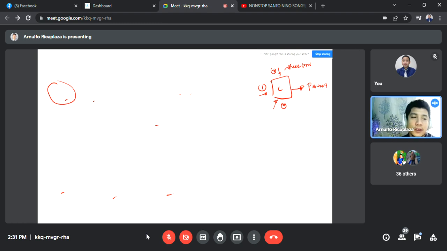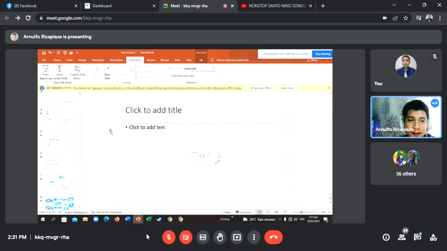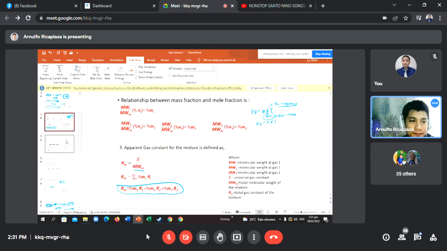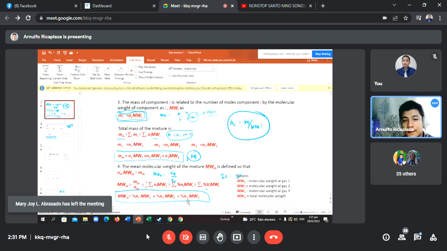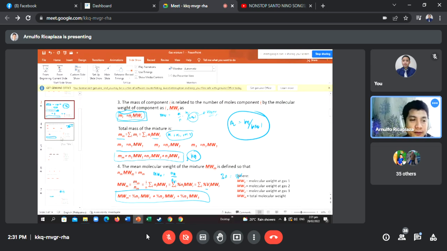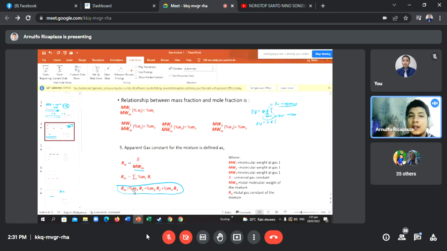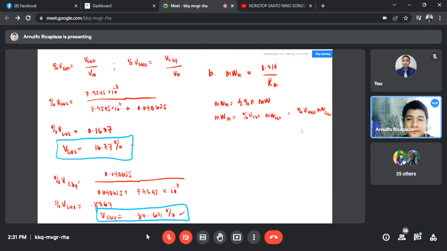Okay, so always remember, that is equal to the percent volume. And for the R, since we are using percent N, we go directly. Or what the formula said earlier, directly. So, okay, therefore guys, to find the molecular weight of the mass of the mixture is 0.16